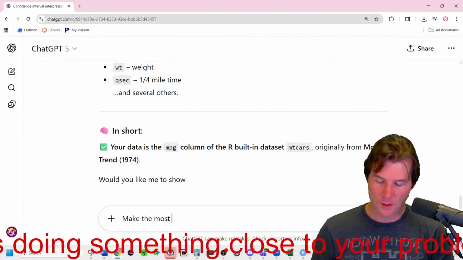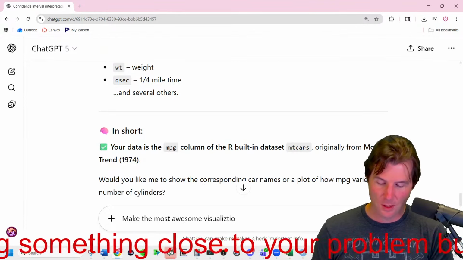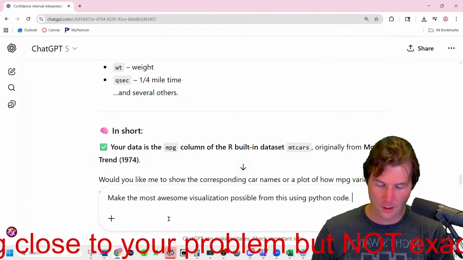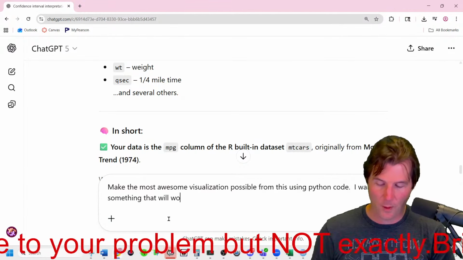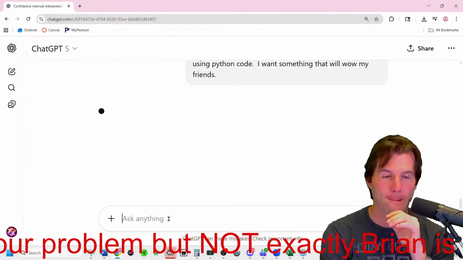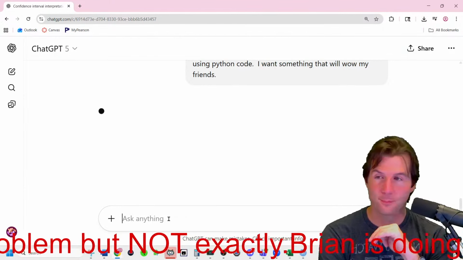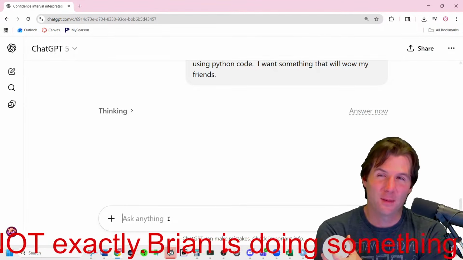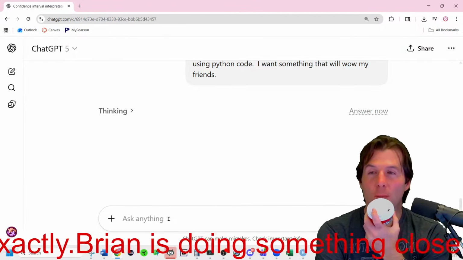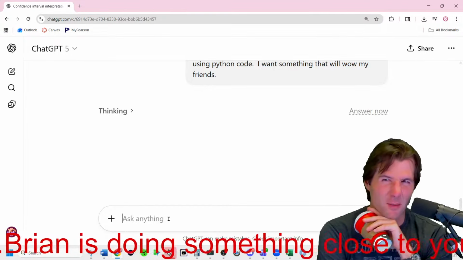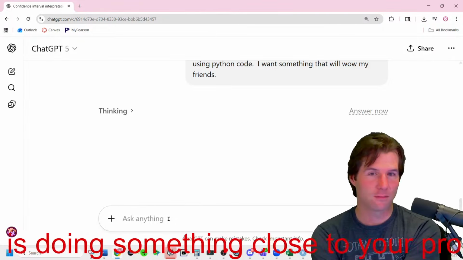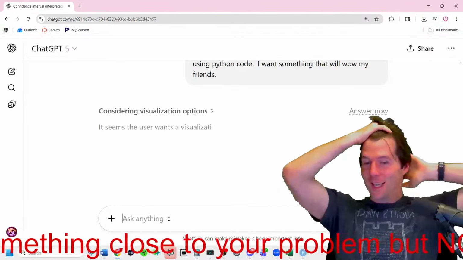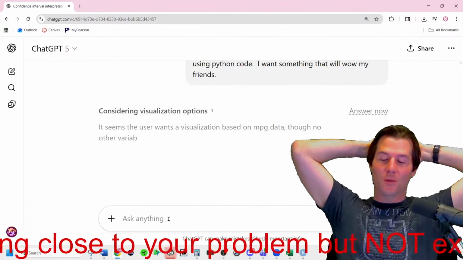Make the most awesome visualization possible from this using Python code. I want something that will wow my friends. You better not just be doing a histogram. Here's a cool histogram. Maybe it's going to do a bubble plot, scatter plot, bubble plot. It's a lot of variables, though. You got to watch. Put too many variables, things get kind of crazy looking. But I would say it's really thinking. I would say scatter plot and throw in a third dimension with